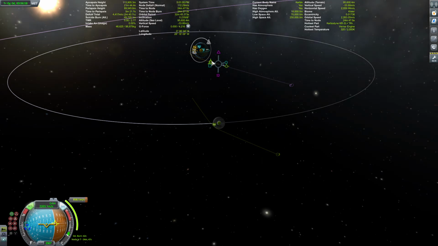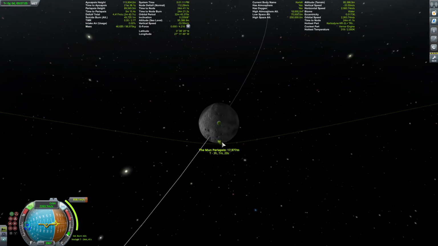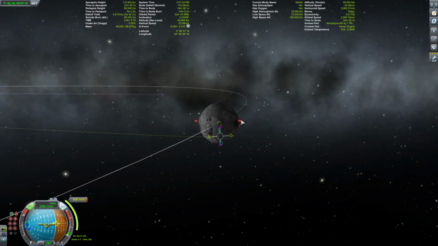And you just mess around with the maneuver nodes a little bit. They're about 17 kilometers, and then at periapsis we're just going to add another maneuver node. Or you don't even have to add a maneuver node, you just burn retrograde until you get into a circular orbit. And that is how they get to the Mun, which this capsule actually can do, and if you want me to do it, I will.